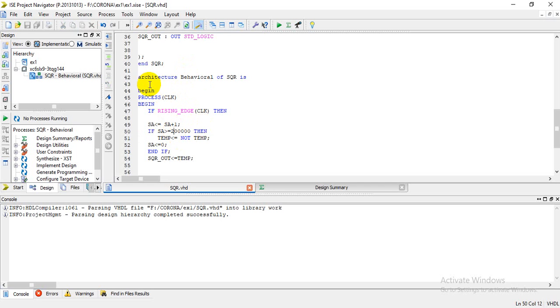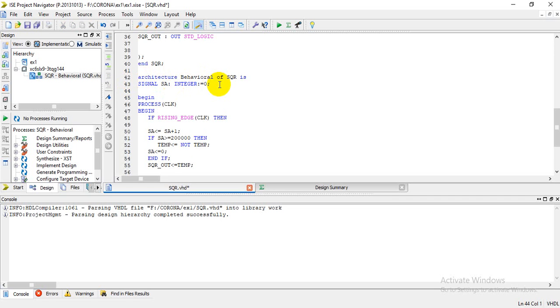So I need to declare all the temporary variables here. Signal SA is integer initially equal to 0. This is the procedure: signal, then the variable name, then its variable type, integer, and the initial value. Like the way I am declaring signal